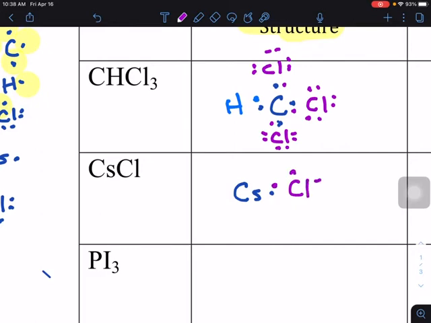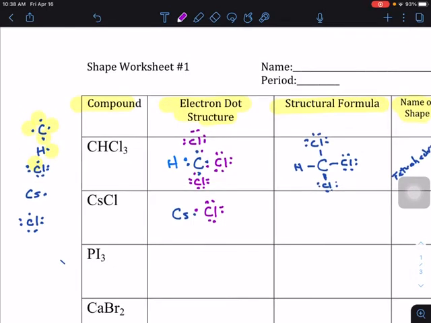1, 2, 3, 4, 5, 6, 7. Okay, so we have cesium. That line right there represents a covalent bond, 2 electrons, one shared from cesium, one shared from chlorine, and then